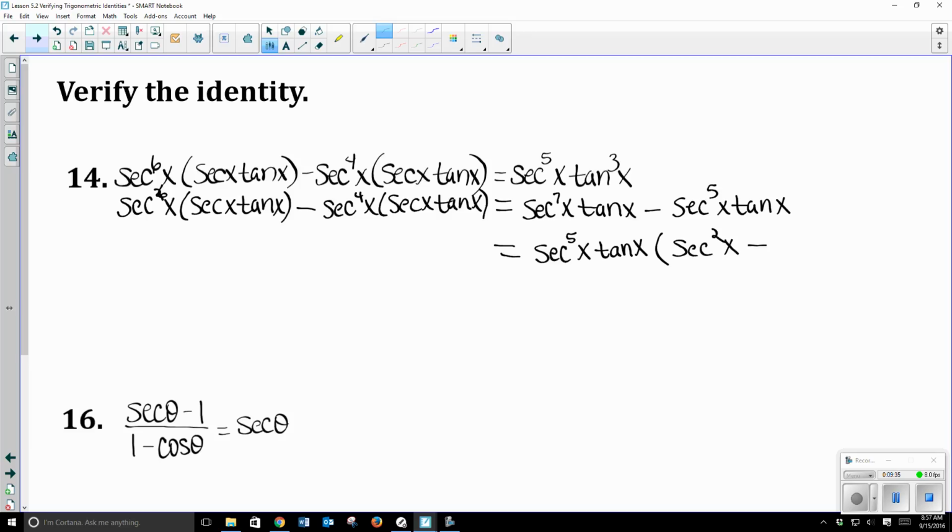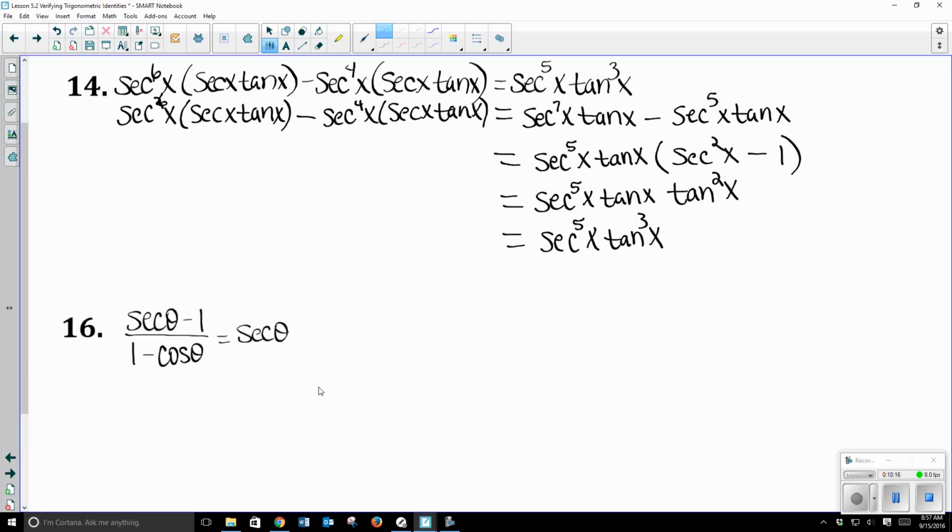Okay? And then the second term divided by that, well, it's exactly the same thing. Something divided by itself is 1. And that turns into a Pythagorean identity. So we have secant to the 5th x, tangent x, and then tangent squared x. When you combine everything, you get secant to the 5th x tangent cubed x, and that is our original. Next,